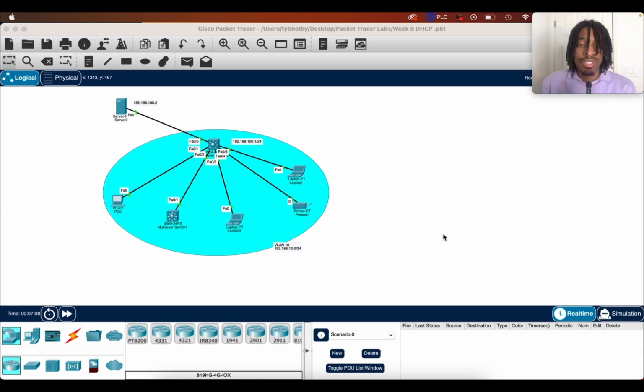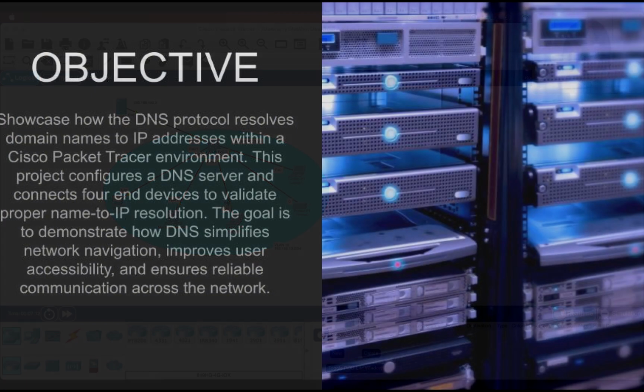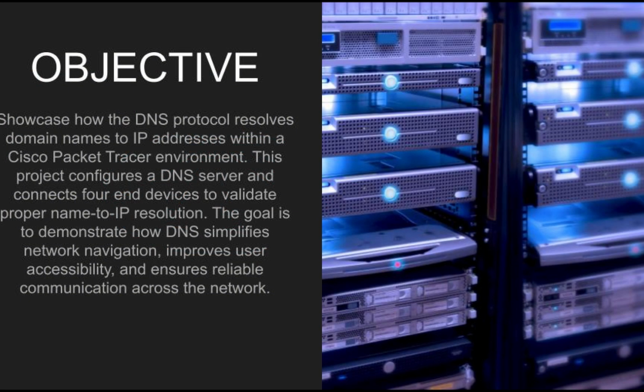I'll go ahead and give us the objective here. We are building one from that video, so we already have our topology set up within Packet Tracer. Our objective for this video, though, is to showcase how DNS protocol resolves domain names to IP addresses. This project configures a DNS server and connects end devices to validate proper name to IP resolution. And the goal is to demonstrate how DNS simplifies network navigation, improves user accessibility, and ensures reliable communication across the